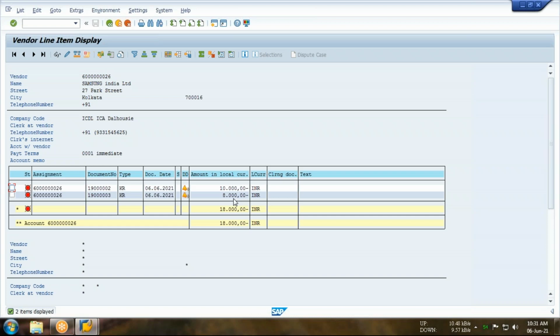You guys are agreeing with me? Yes, sir. Okay. So this is called part payment in SAP. Now you need to understand how shall we proceed with such part payment. It's a little bit technical, but it's quite easy. So I think the scenario is clear to all of us.